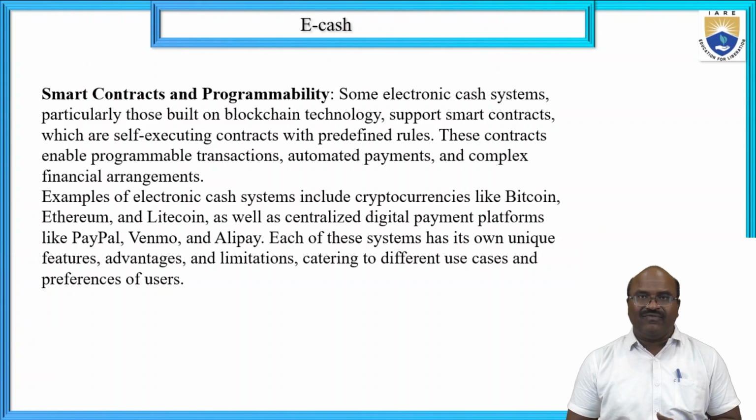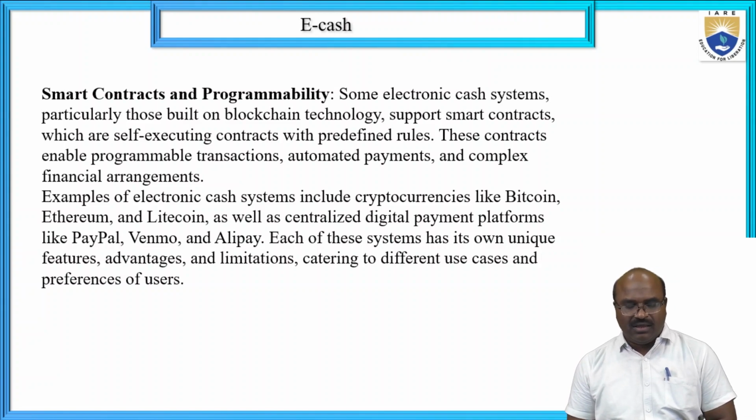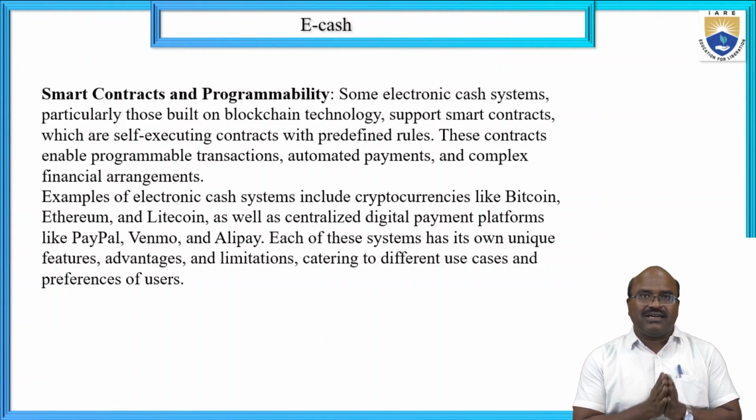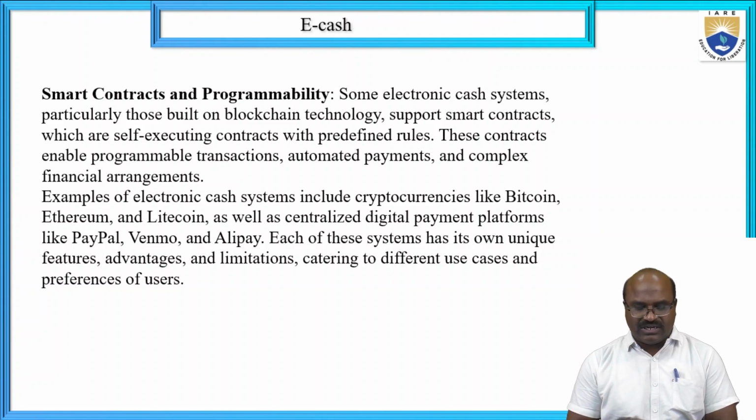These three are centralized. Then the decentralized e-cash is called Bitcoin, Ethereum, and Litecoin. These techniques are different from the centralized technique. Centralized, we can implement these three: PayPal accounts, Venmo, and